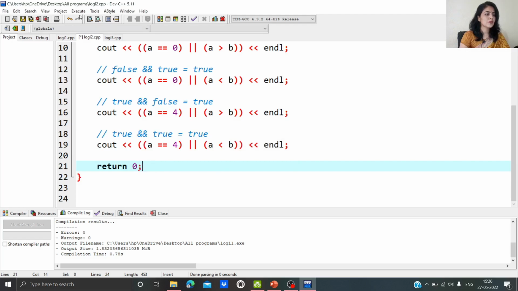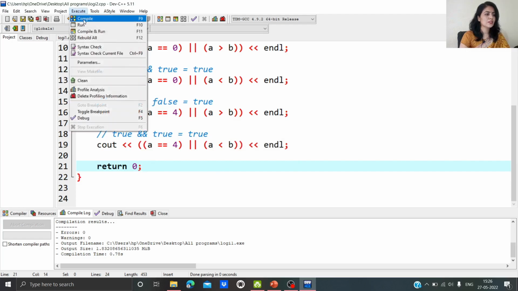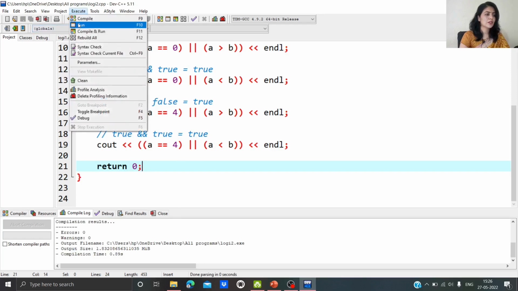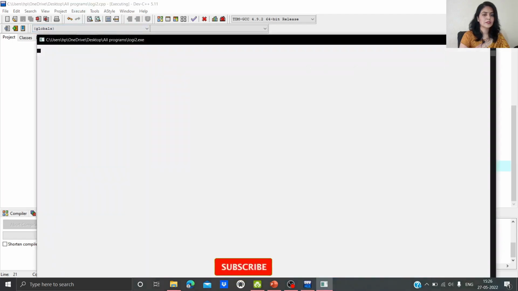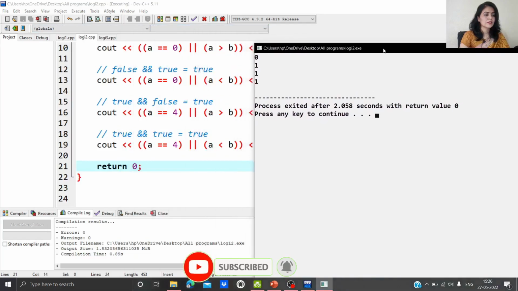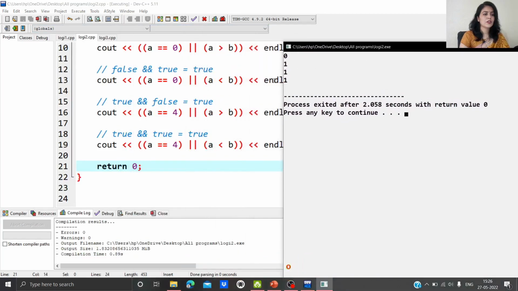To clear the concept of this program, let's click on execute and compile. The error is 0 and warning is 0. Now execute and run. Here you can see all the results. 0, 1, 1, 1.